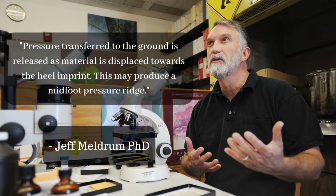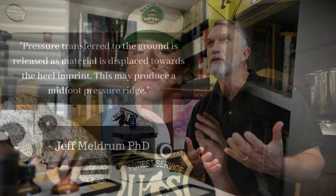This may produce a midfoot pressure ridge." The appearance of this possible mid-tarsal break is actually the primary reason I even ended up deciding to cast this impression. The general dimensions of the impression also line up pretty well with other Sasquatch footprints in the dataset. Sasquatch footprints always tend to be about half as wide as they are long, and that's exactly what we see